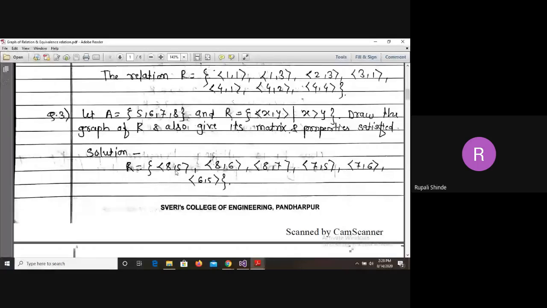Now, for this, we have to draw the matrix and the graph. Also, we have to identify the properties satisfied by it. So, first we will go for the matrix. Can anybody tell how we can draw the matrix? That matrix would be of order